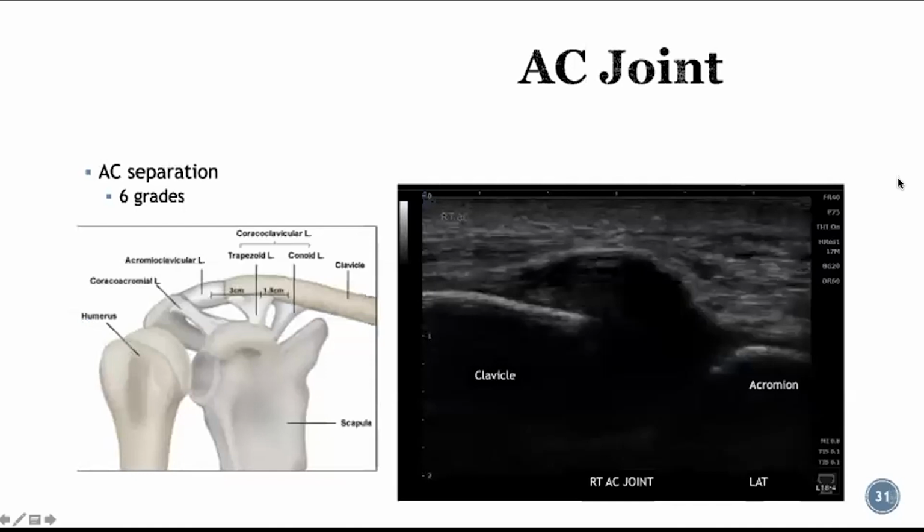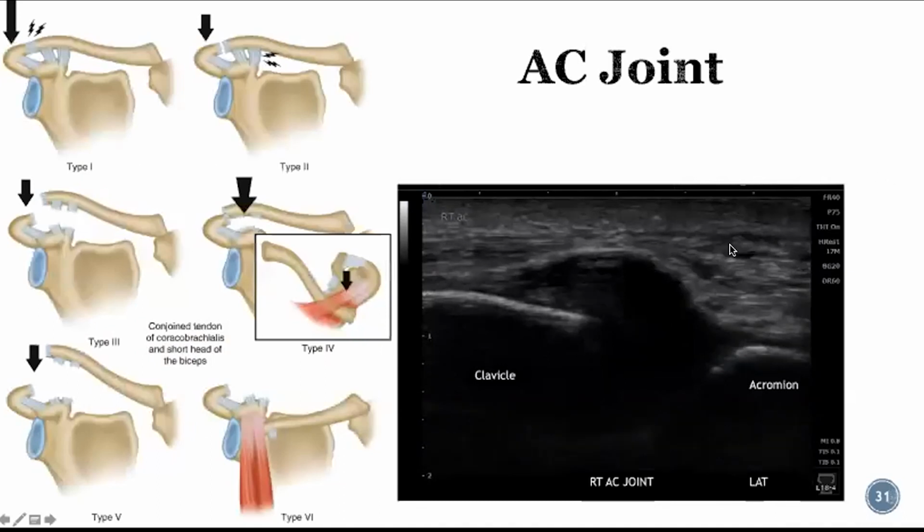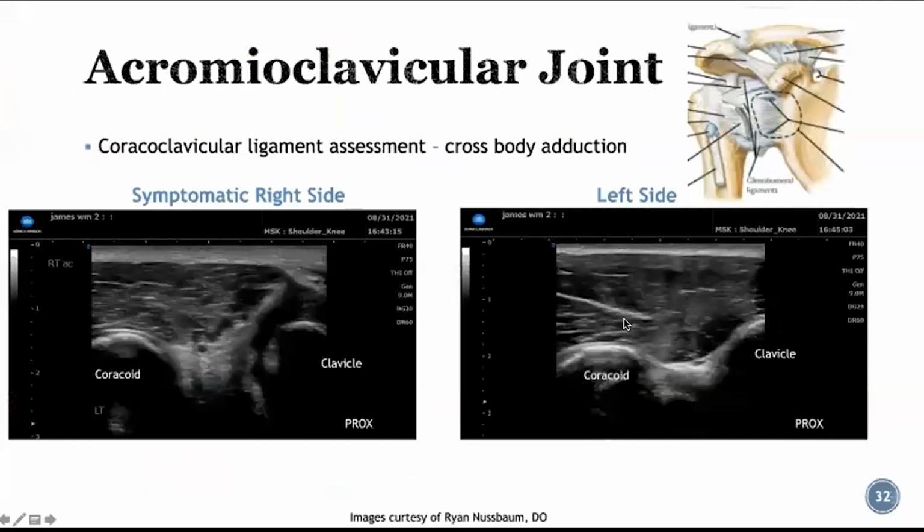So the AC joint, just to recall, and I'm not going to go through it, has 6 different grades of separation that are listed here. The case that I'm going to show is a grade 3 separation. So in this image, I don't see any acromioclavicular ligament, and you can see that fluid collection billowing up. And this was the same case as the previous images, which our fellow caught on the sideline of a